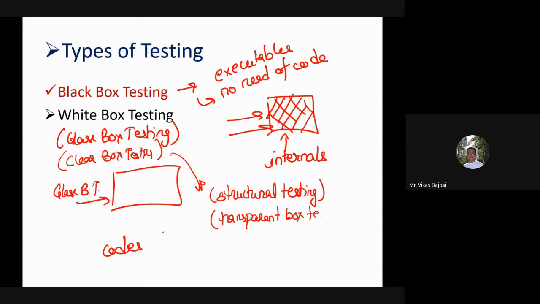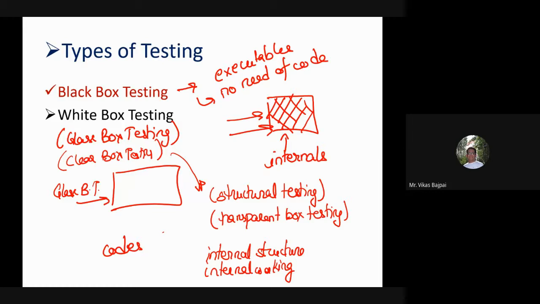From all the discussion we just had, you might be able to guess why it has been named clear box, glass box, transparent box or structural. So this basically tests the internal structure, or you can say the internal working of the product or application or a module.